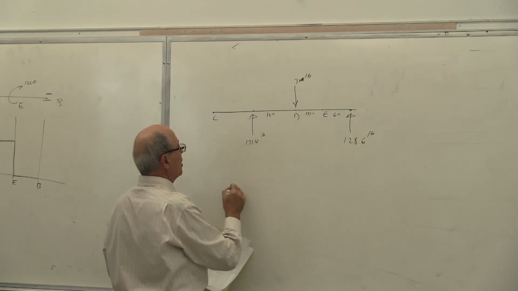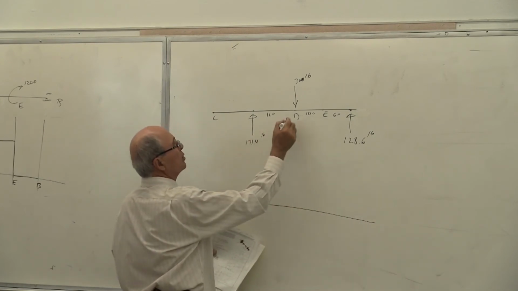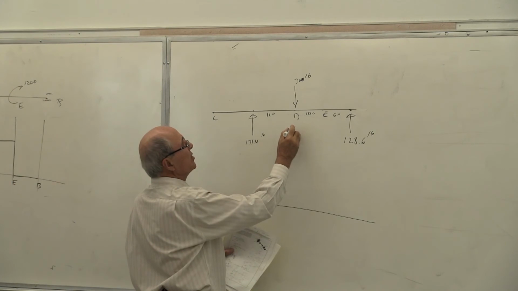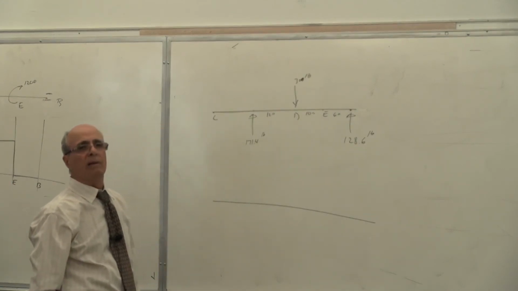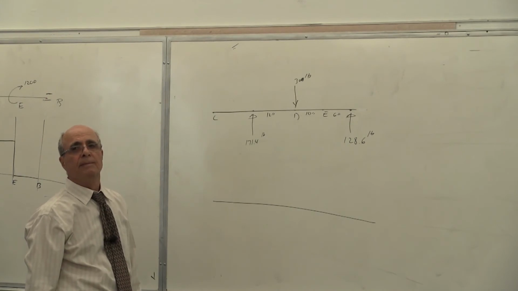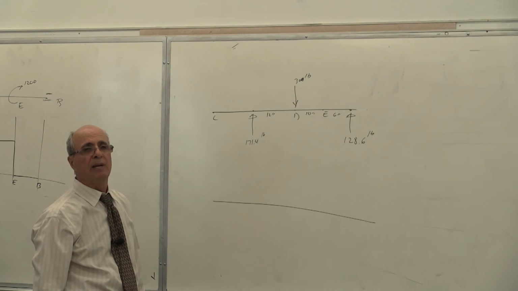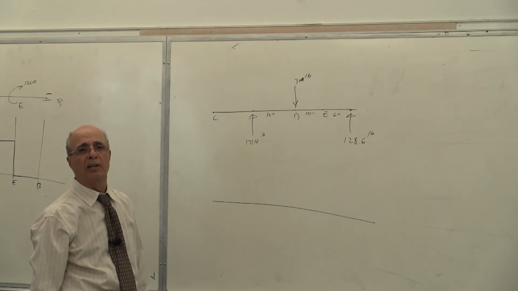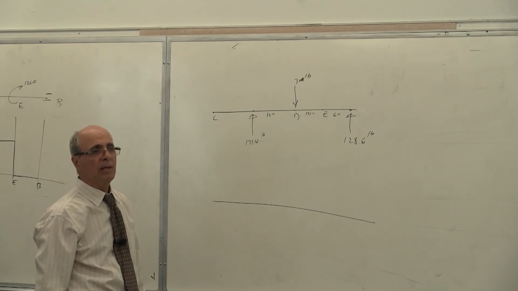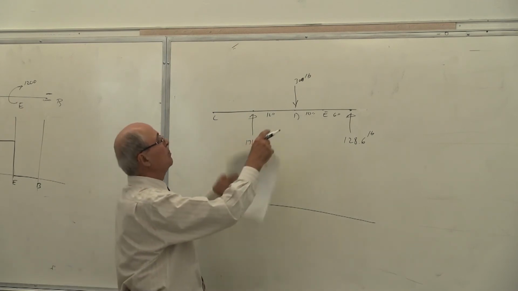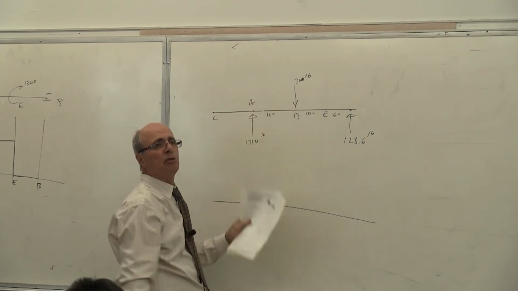Then when you do the moment, this is what I said last time. Now, many people, when they want to calculate moment at D, they say moment at D equal to 300 times 12. Is that correct? If you do that, you never learn anything about shear and moment diagram. I tell you that. That is totally inappropriate. Don't do it. Because that is external. That's the moment of 300 pounds about point A. That's what you are doing.